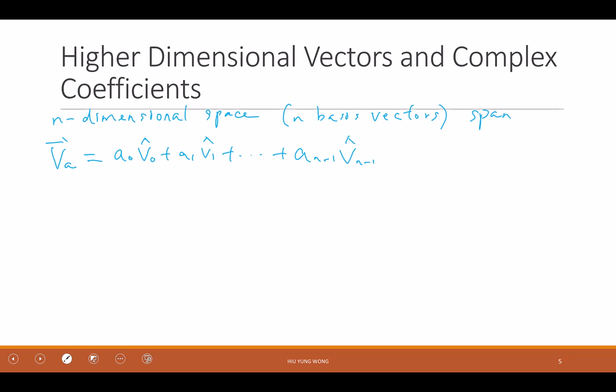How about three-dimensional? You have V0, V1, and V2. 3 basis vectors. We call it V0, V1, V2, but usually we call it what? X hat, Y hat, and Z hat. It's the same, just a name, right? So this one actually can be written as what? A0, A1, all the way to An minus 1. You should be very comfortable with this now, right? If you agree how we represent the 2D plane. What is this coefficient talking about? It means I have An minus 1 of the